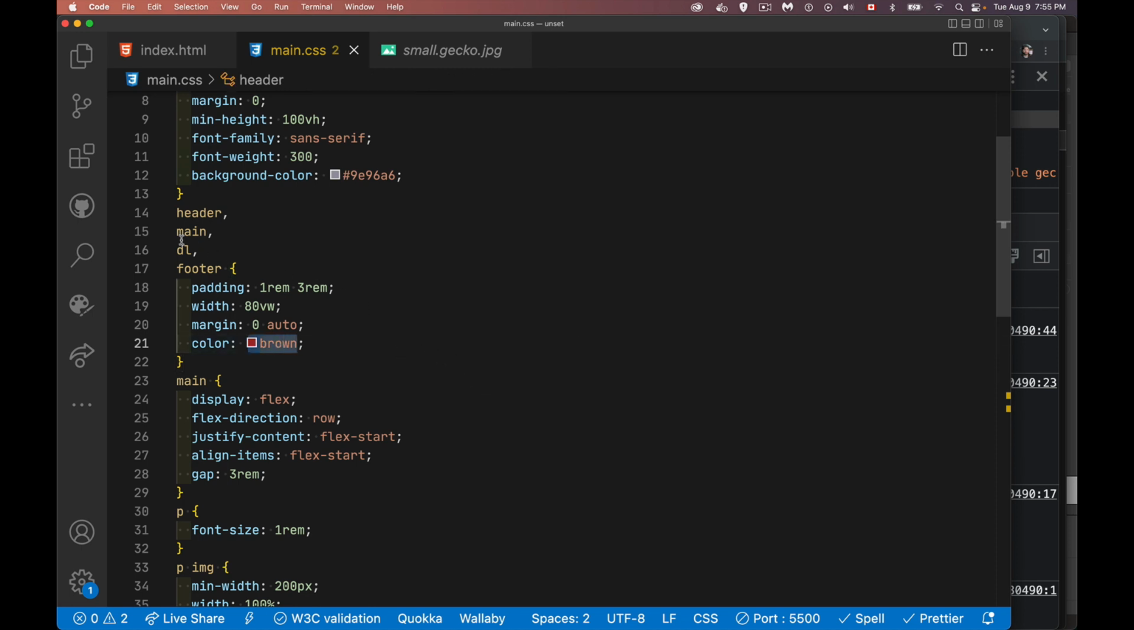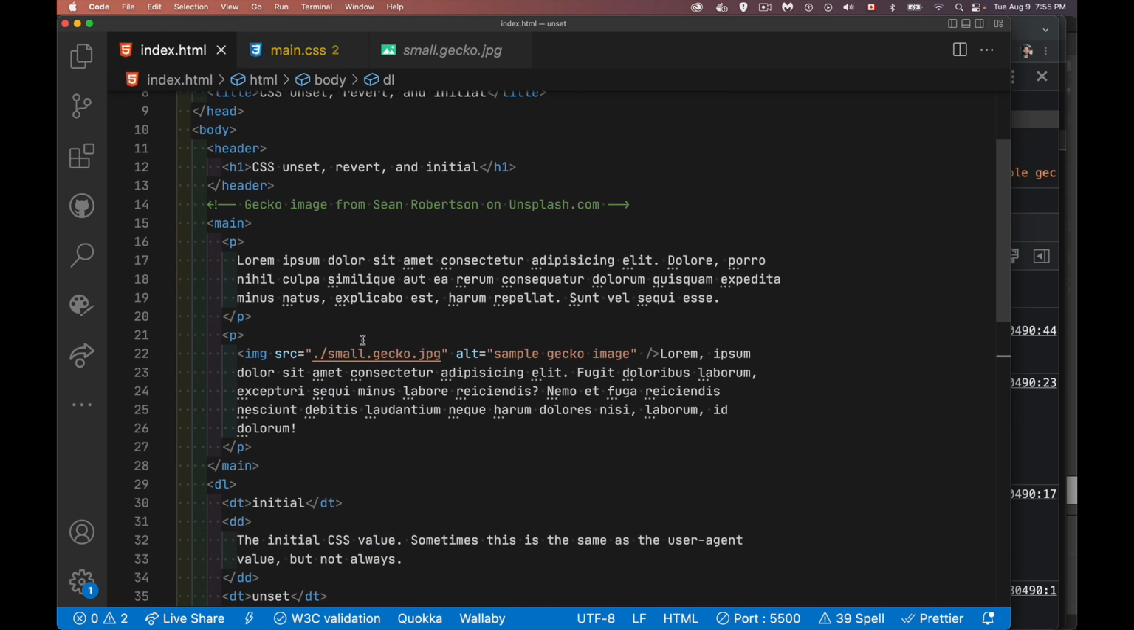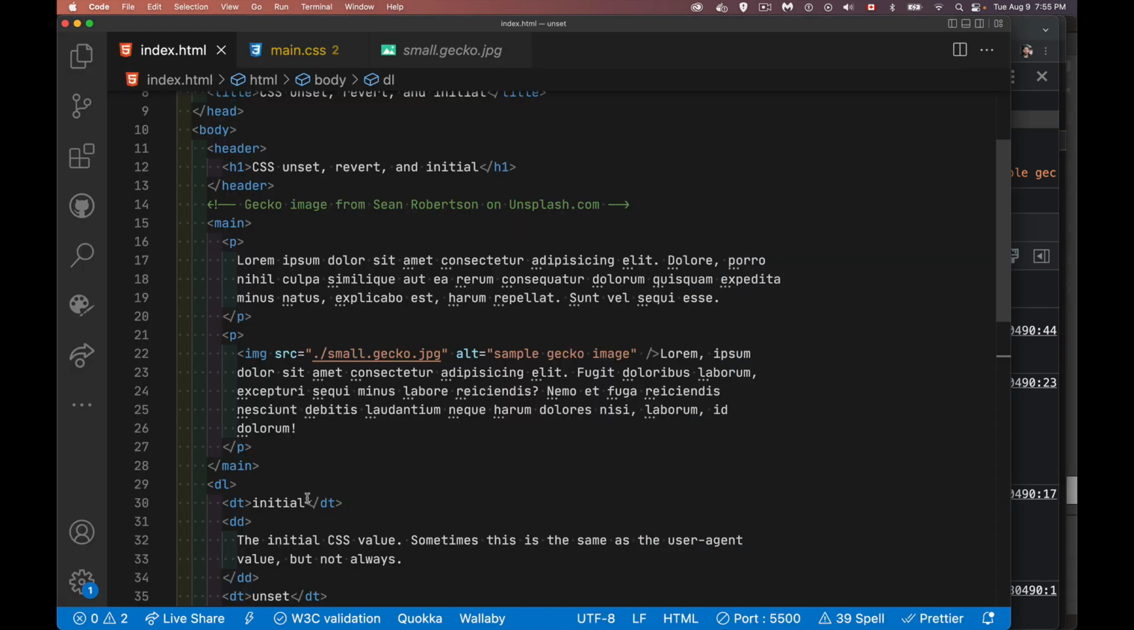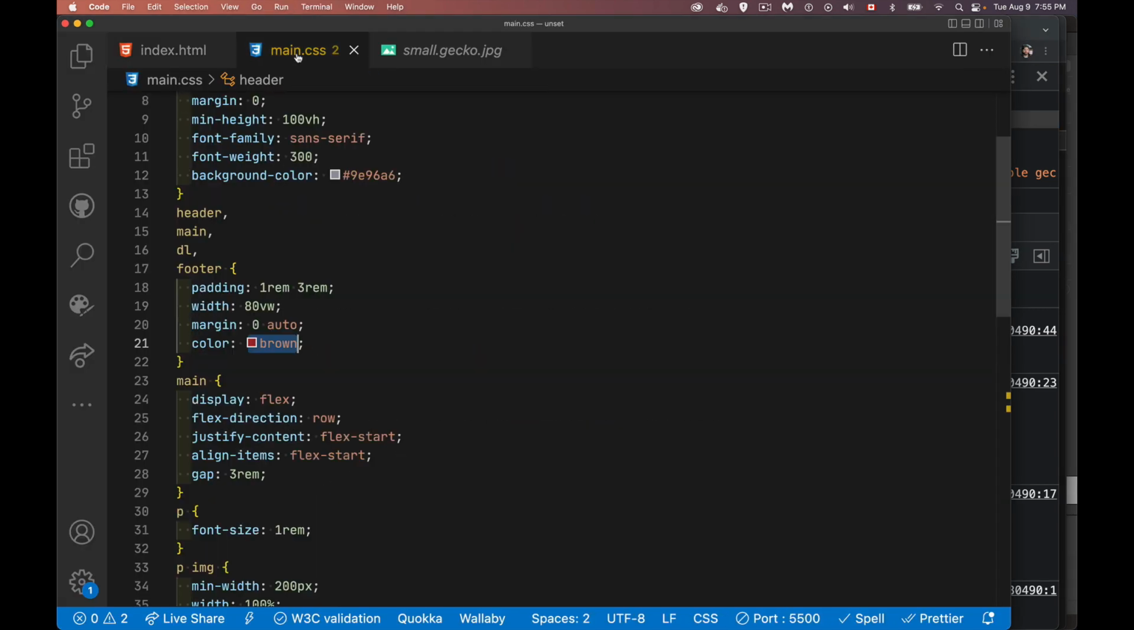Now inside of main, we have our paragraphs. We take a look at it here. So there's main. We have these two paragraphs rather, that are inside of there. They're using that brown color for the background. And what I want to do is